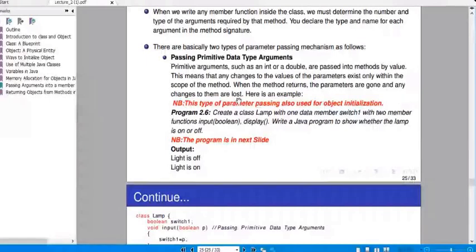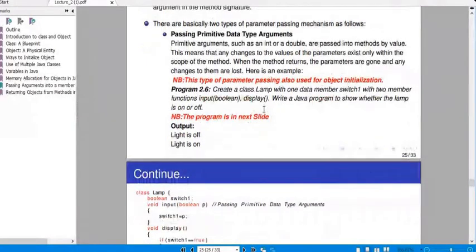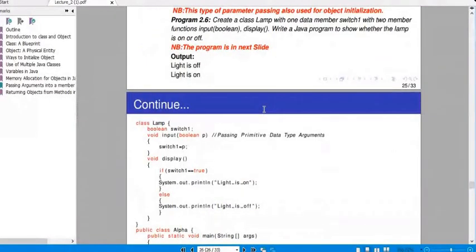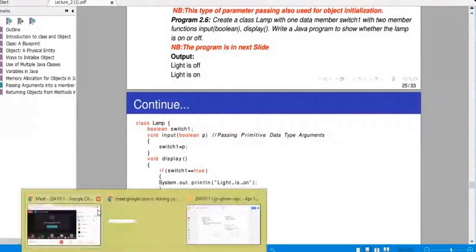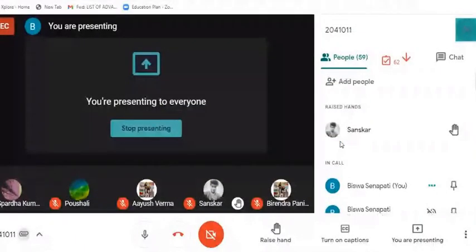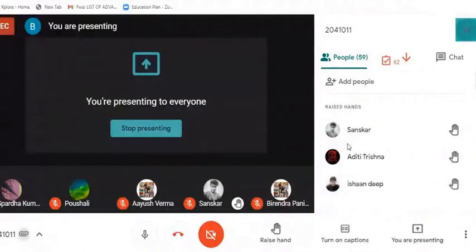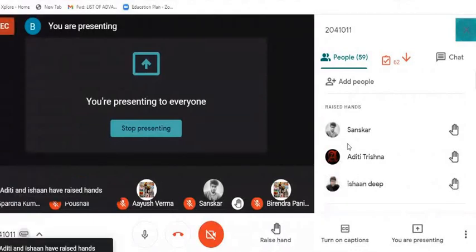Here is the example. Okay, so can anyone say, raise your hand, where the memory for p is going to be allocated? Yes, Sanskar?